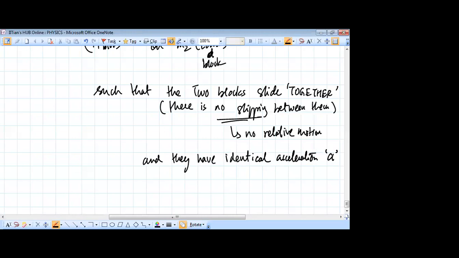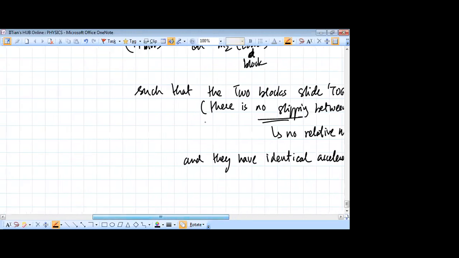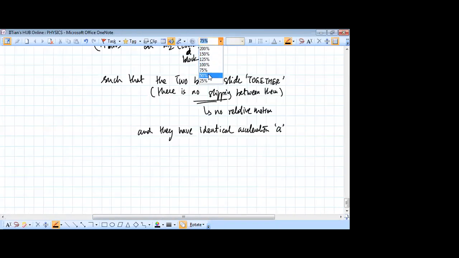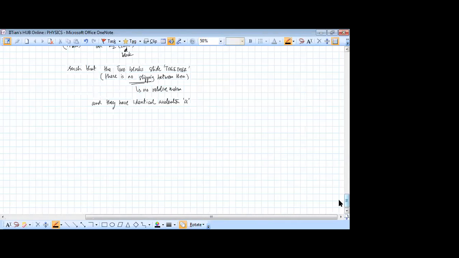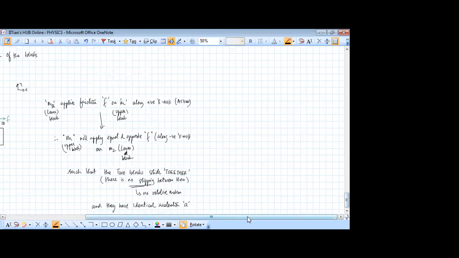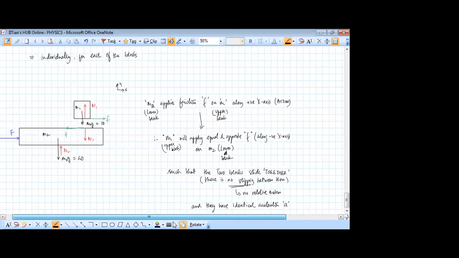Which we need to find out how much it is. Okay. So both the amount of friction acting and the identical acceleration A we need to find out. So we'll come to that. Now we'll come to solving Newton's second law, but first of all you understand the diagram, understand how the different